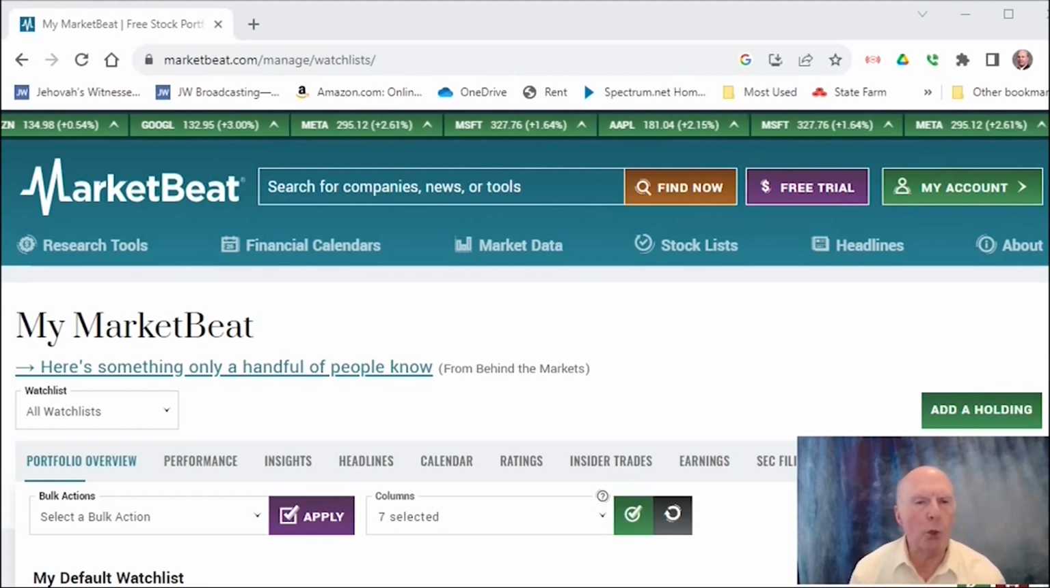MarketBeat is a tool I use. It's just a free website. I guess they have a paid account, but I just use the free portion of their website. It's just a good way to do research. Let me just show you the function I use the most here. If you look on their financial calendars,